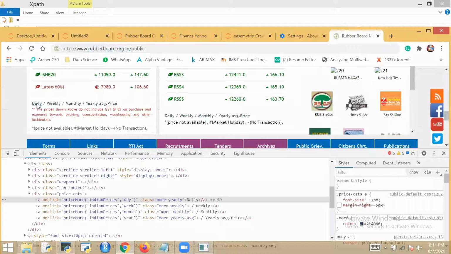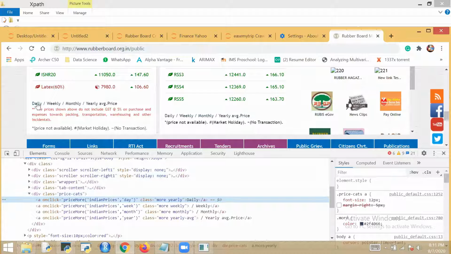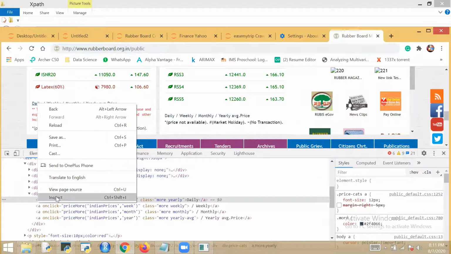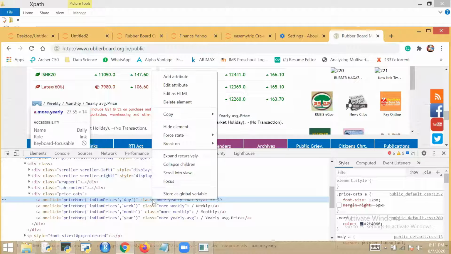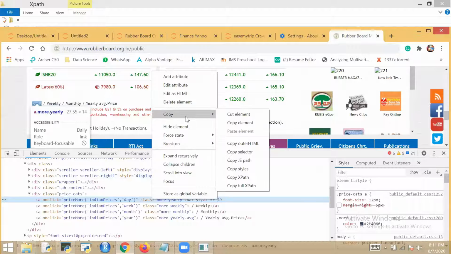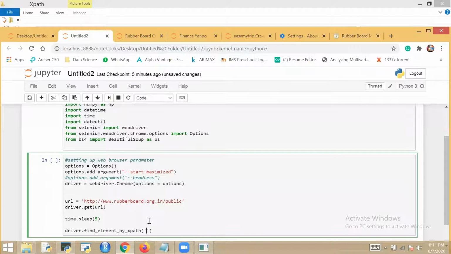This is daily. I will right click and inspect the element. Again, I will inspect like twice; you do it. If you are not getting it once, it will locate it highlighted. Now again I will hover over this, right click, copy, and copy XPath. Okay. Now I'll come to my sheet. I'll copy this path. And what I will do, dot click.